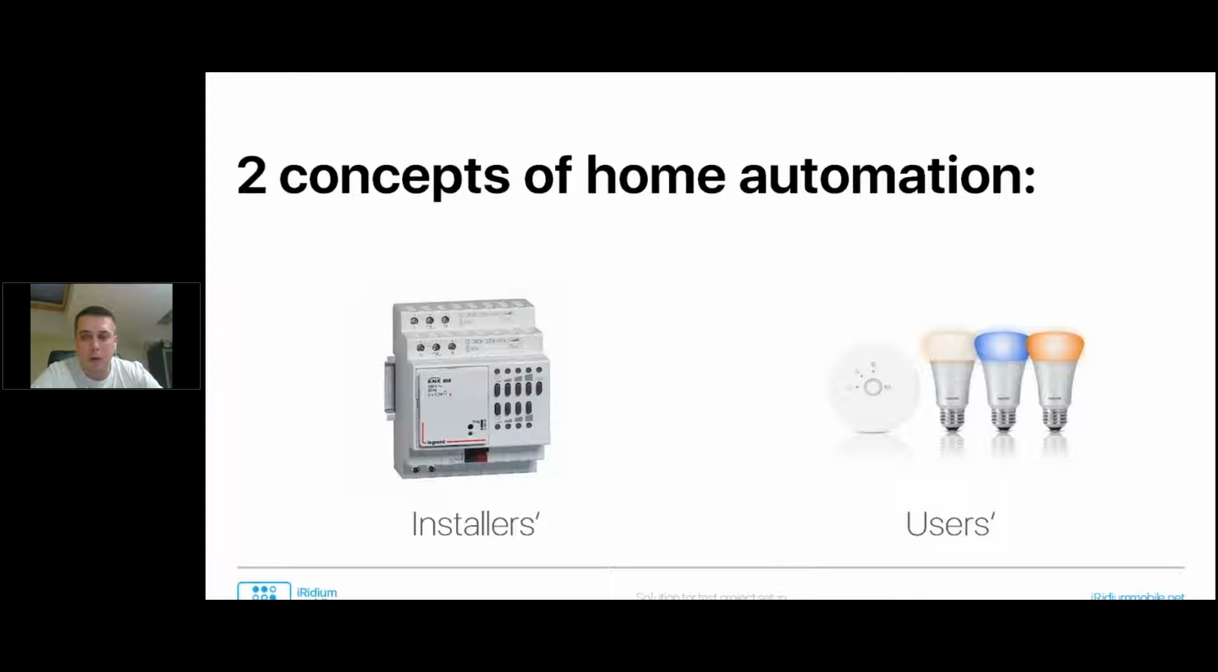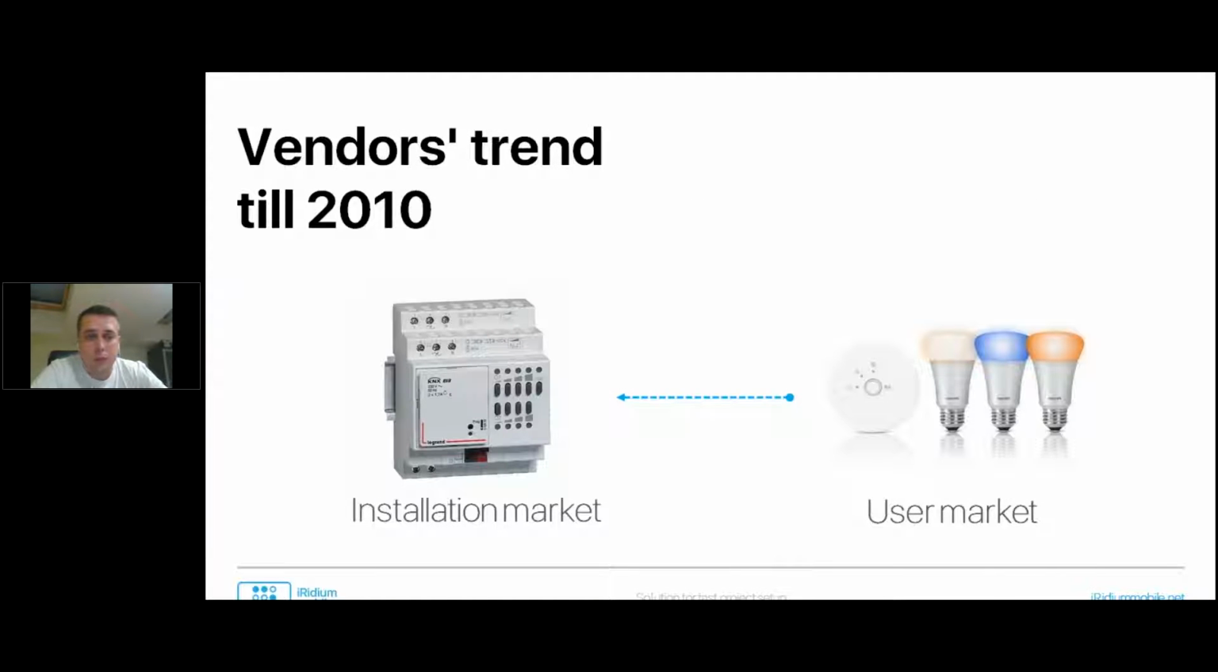You can bind lamps with a bridge by one click, and then you're ready with dimming, if we talk about Philips Hue, and RGB control. And now we see that previously the user market tried to become closer to the installation market, to be similar to it, but after 2010, we see that the installation market tried to come closer to the user market,